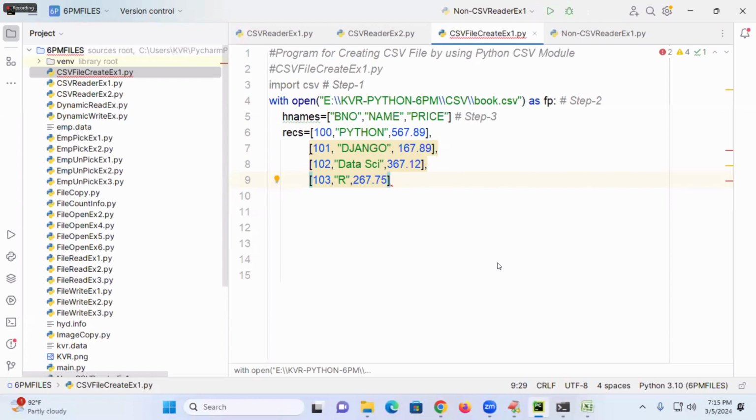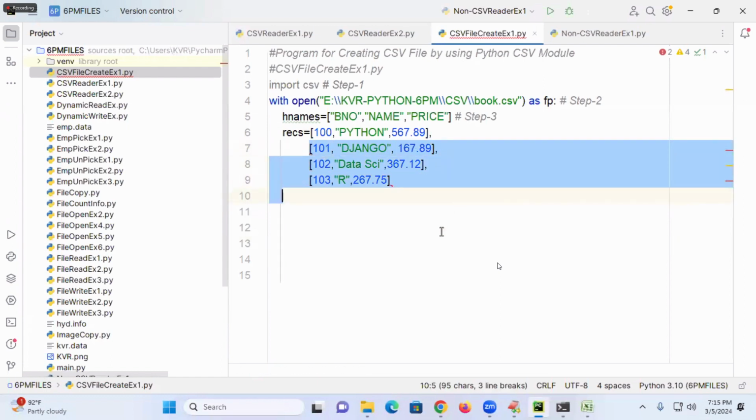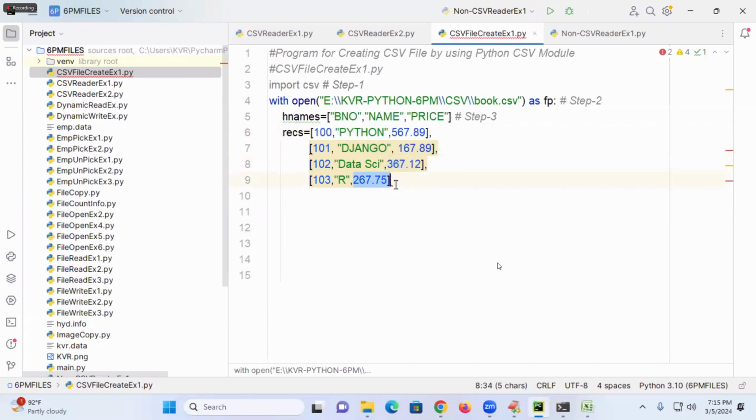Are you following, students? Some different color is there, that means it is a list. I want to take the entire thing as one more list. I will write list in list. Did you understand this? List in list. The records are